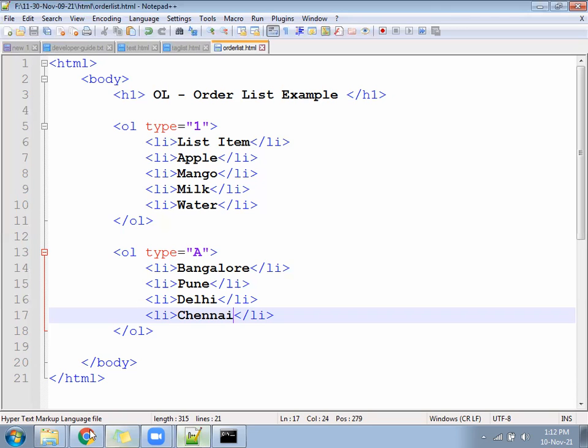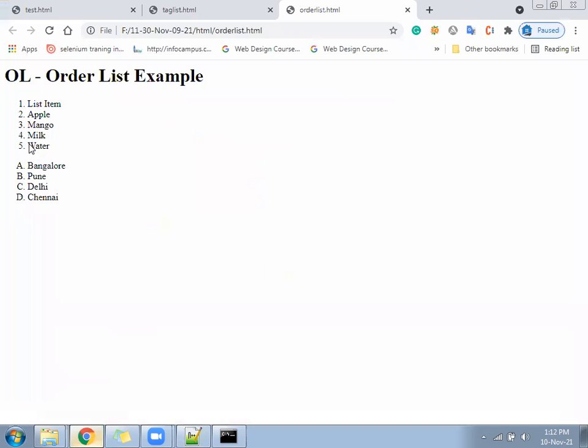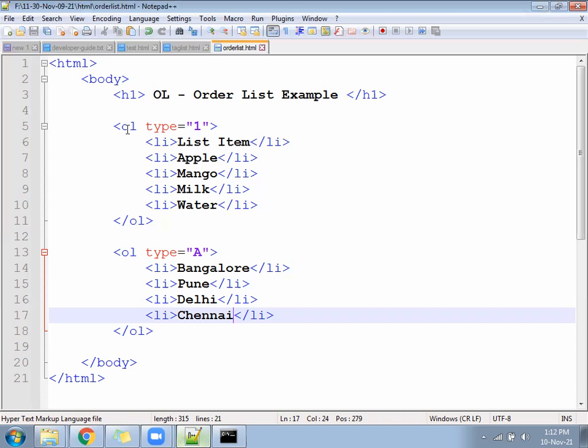Sequence, how is it coming? A, B, C, D, small or capital? It will give capital A, B, C, D. This feature is called numbering in MS Word.